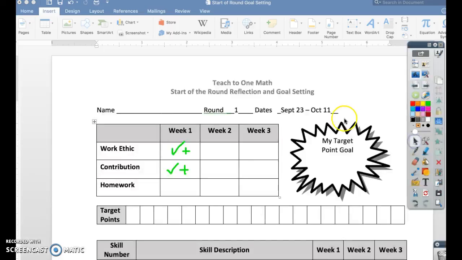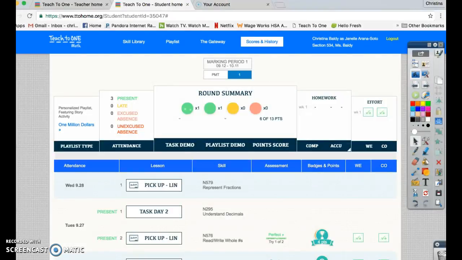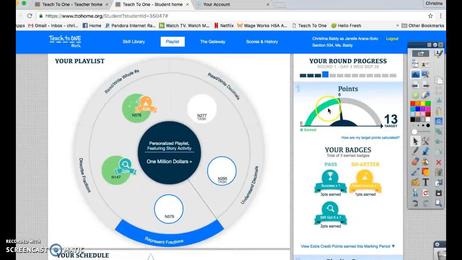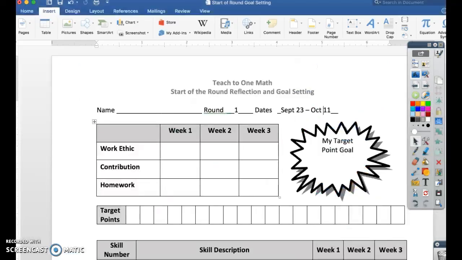Next, we are going to be looking for our target points. So let's go back to our TTO portal. We're going to click back to our playlist, and in the top right corner, we will see our target points. This student has a goal of 13 target points, and so far in this round, they have earned 6 points. Back on the reflection form, in the large circle to the right, we are going to write in the number